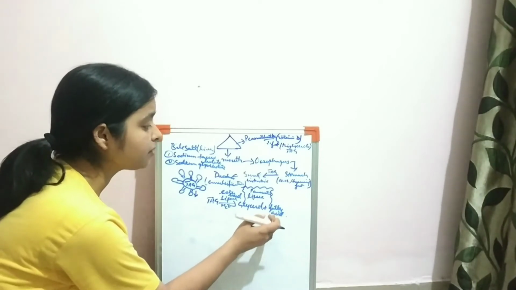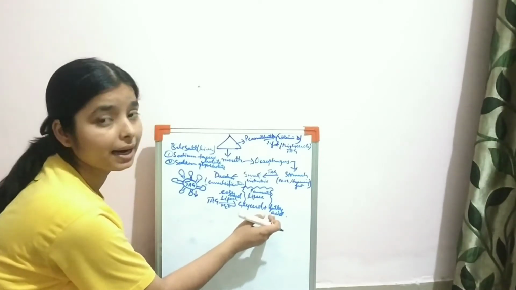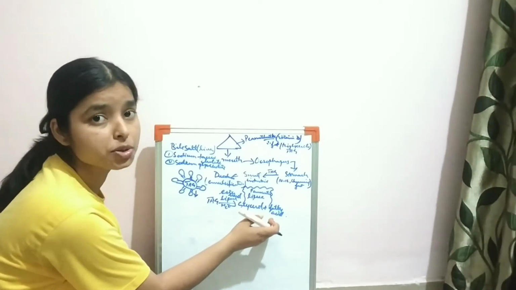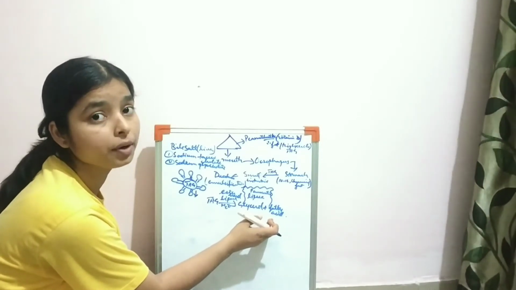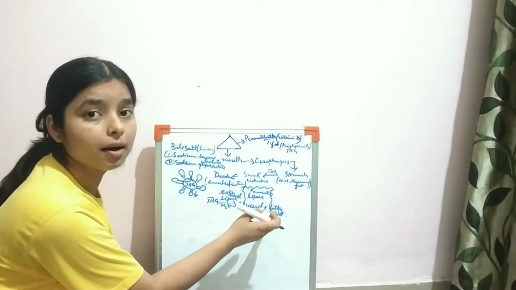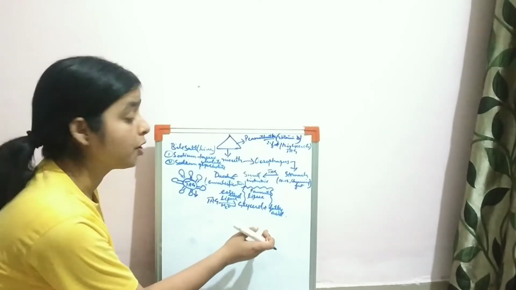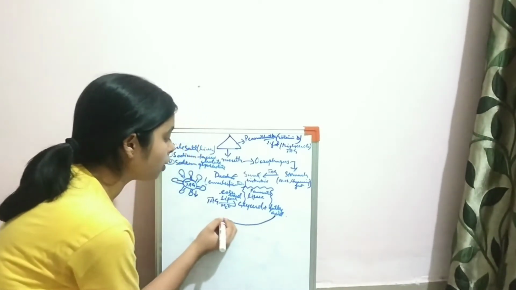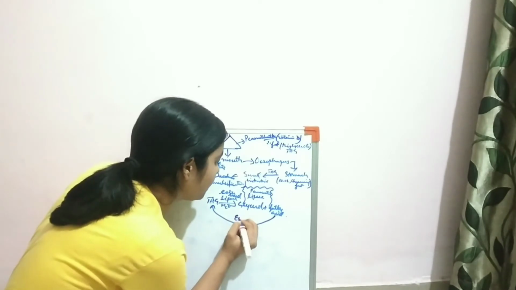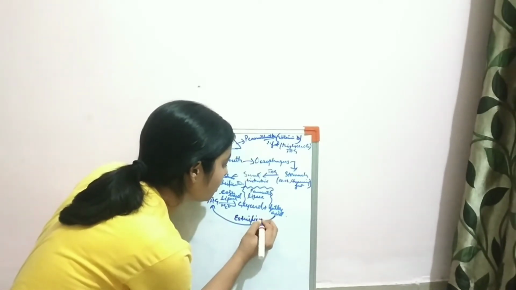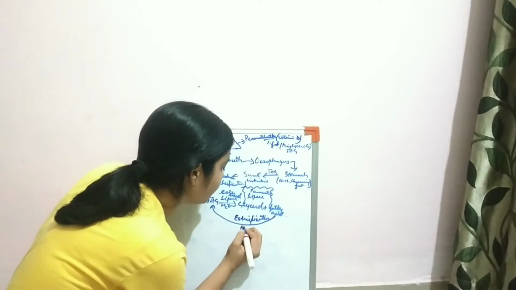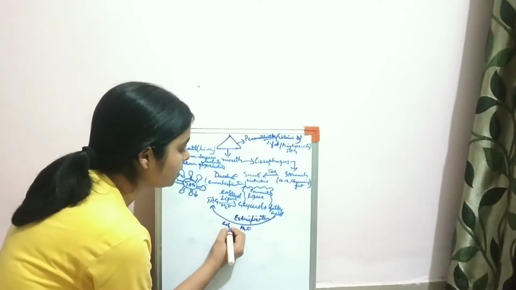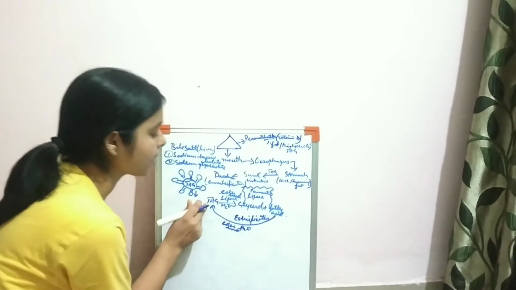Now what happened? These fatty acids are absorbed by the intestinal cell. But we all know that the destined location of these fatty acids is to get stored in the adipose tissues as well as the liver. So now they get converted into triglyceride by the process of esterification and by the removal of water. Again the water is removed and again the ester bond is formed here and triglyceride is formed.